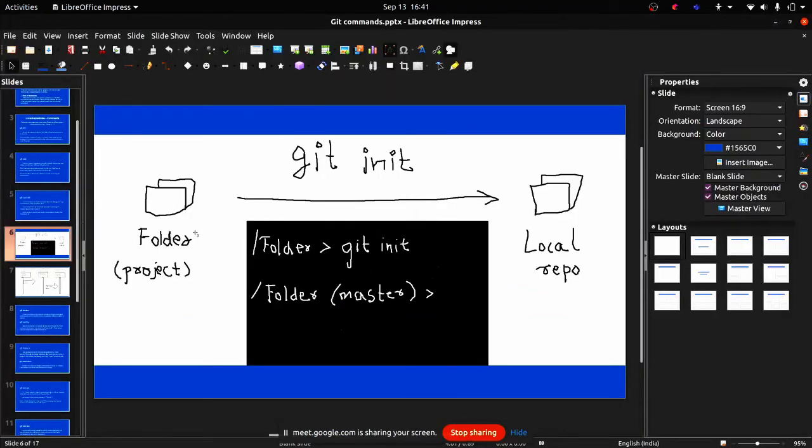A folder will be considered a local repository. It is converted when we use that particular git init command. When you use Git Bash within your Windows system, as I think Prashant showed in the previous class, after git init, instead of showing the slash folder, it will start showing master in brackets in blue color, which clearly represents that the folder has been converted into a repository, and you are on the master branch, which is the main branch where it is being tracked.